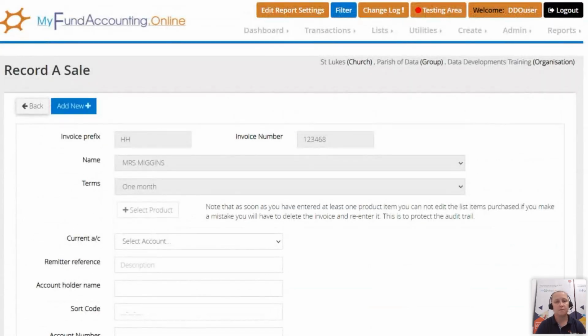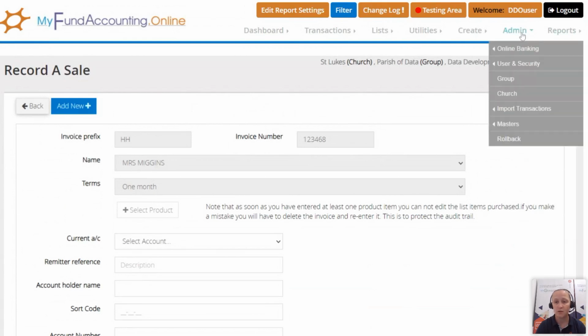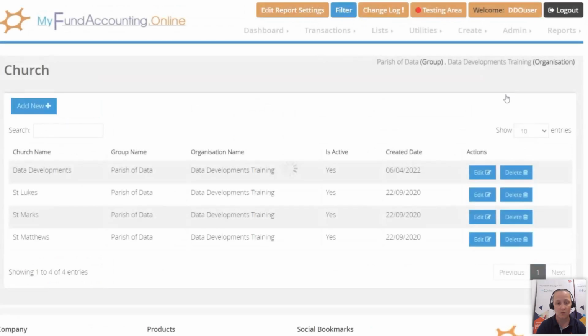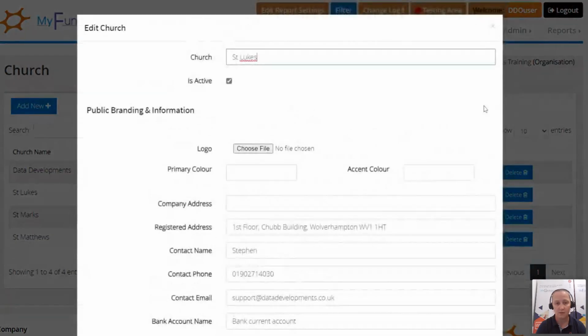Another neat feature with the invoices is you can add your own branding. So rather than all of the invoices being generic from the system, you can add in your own branding and get it to look as a document sent from your organisation. To do that, under the admin menu, you go into church, and then we're using St Luke's. So I'm going to click on edit under St Luke's. The first thing that we're going to do is upload a logo. So I'm just going to choose file